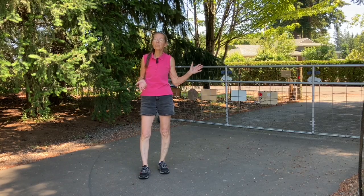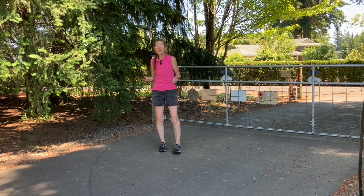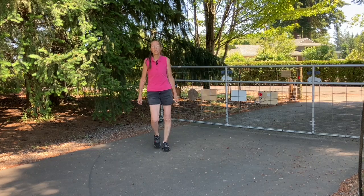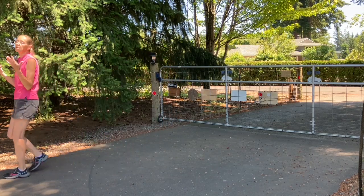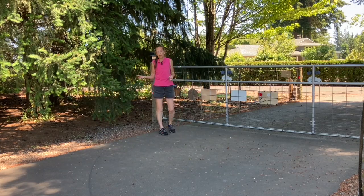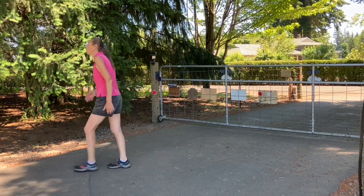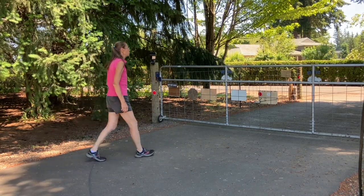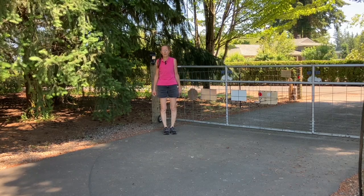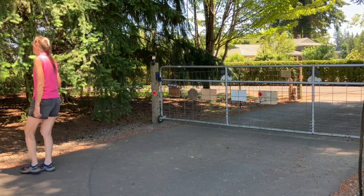So the same thing as the about turn. If it's too abrupt, you're going to leave your dog behind, and if they're stressed out, they don't want to catch up with you. So you're walking, the judge says right turn, and people will just pivot on whatever foot they're on. It's not as bad if you happen to pivot on the right foot, but if you pivot on that left foot, your dog is stuck behind you. So I either am going to take a 3-step pivot for my right turn, right, go, or